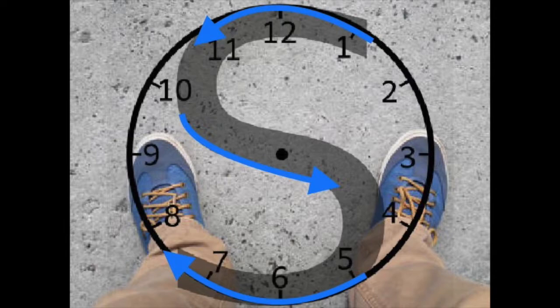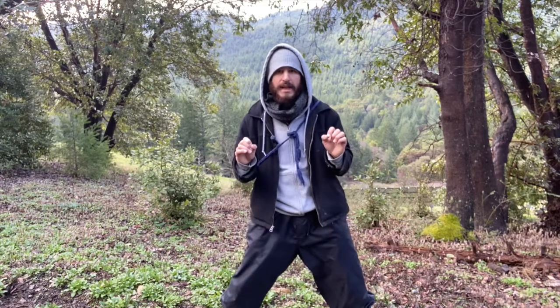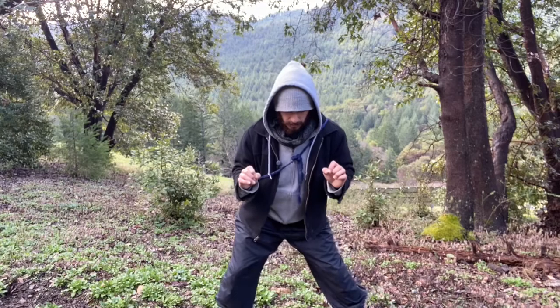And it will take some getting used to. You might end up drawing like a W or just a V or something like that, but it takes some getting used to. The good thing though is that as you're getting acclimated to drawing with your tailbone, you're helping